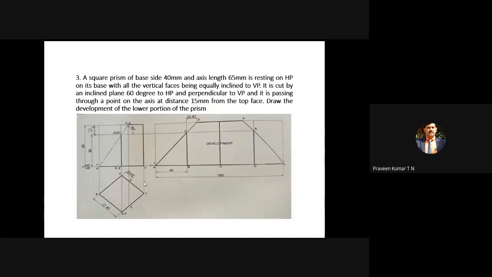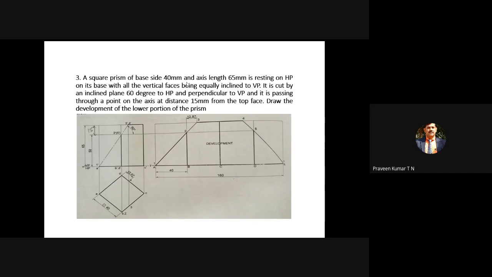Otherwise, it will look like a rectangle. It is not a rectangle, it is a square prism. If you write A, B, C, D like this, it's also okay, but better to write A, A1, B, B1, C, C1, as well as D, D1. That is nothing but your square prism. A, B, C, D refer to the top face, and A1, B1, C1, D1 refer to the bottom face. Still, if you have a doubt about top view and front view, you can go back to the solid problems, where some problems are solved. We can refer back to it.